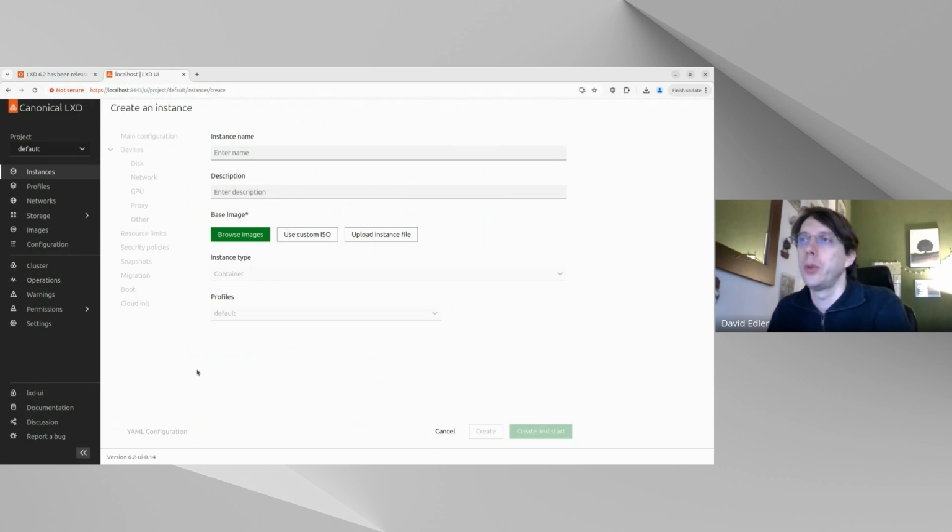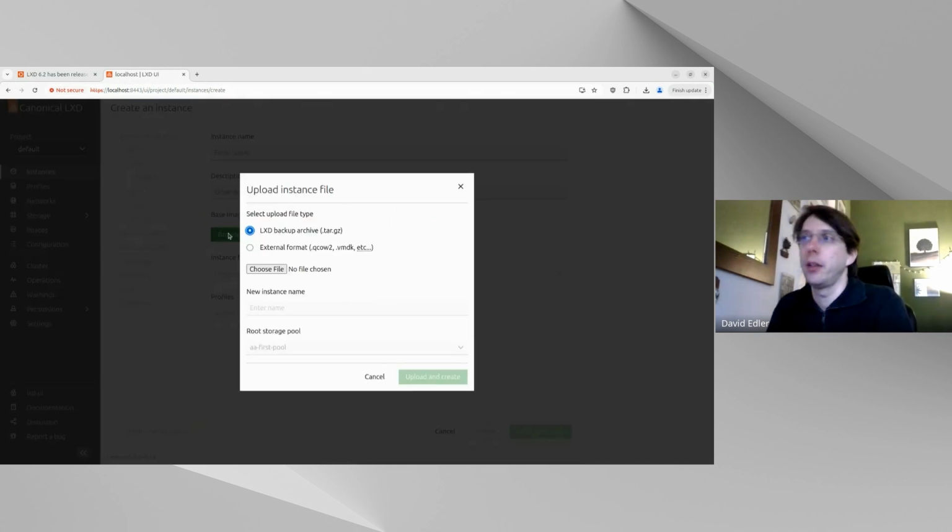Before, there were only 2 sections. We have boot options, which is new, and yeah, some other smaller changes. But what I want to show now is uploading an instance file. What does that entail? Like I said, you can upload an LXD backup archive, so you can export an instance